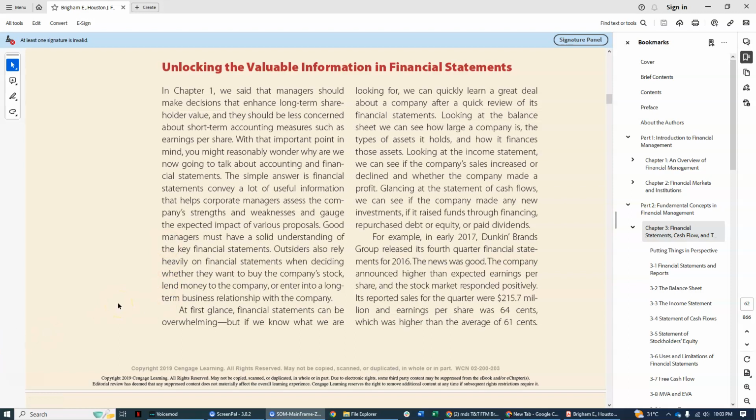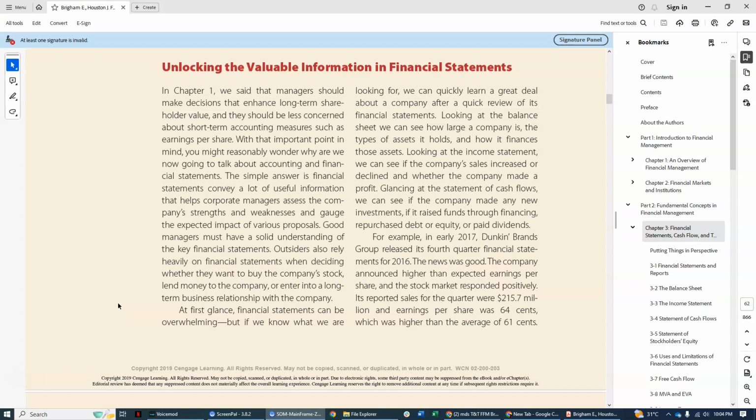Looking into the financial statements, you could be overwhelmed. But if you know how to look into them, you can see some key points. For the balance sheet, you can see the total assets and compare with other companies to know how large the company is that you're going to invest in. If you look into the income statement, you can see whether there's a decline or not, or compare with other companies in the same industry. If your sales are a lot better than the other company, by looking into the common size, for instance, looking at what we call the sales turnover.